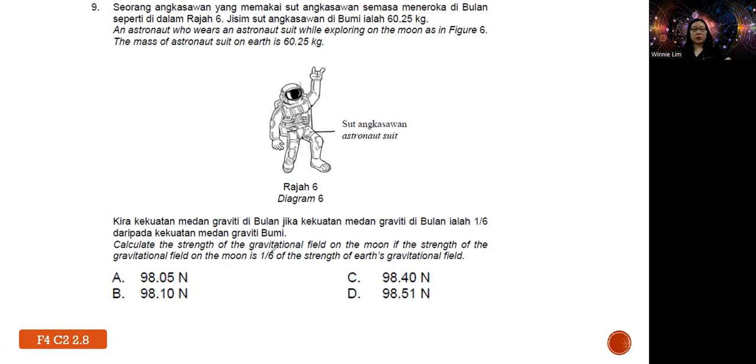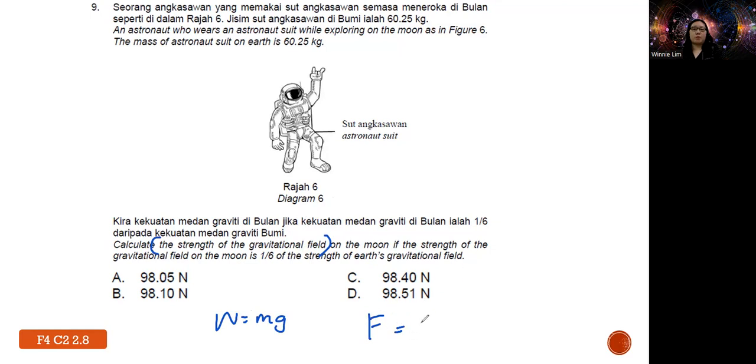Okay, so the strength of the gravitational field is equivalent to the idea of weight, okay? But they have a slight difference: whenever we talk about weight, it is related to mg, right? But when we talk about the strength of gravitational field, we always refer to